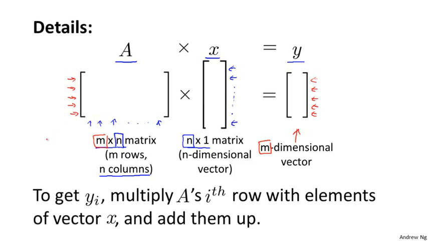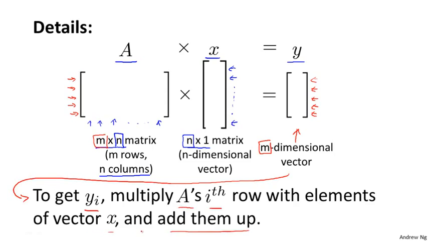So how do you actually compute this vector y? Well, it turns out the process is, to get yi, multiply A's ith row with the elements of the vector x and add them up. So here's what I mean. In order to get the first element of y, that first number, whatever that turns out to be, we're going to take the first row of the matrix A and multiply them one at a time with the elements of this vector x. So we're going to take this first number, multiply by this first number, then take the second number, multiply by this second number, take this third number, multiply by the third number, and so on